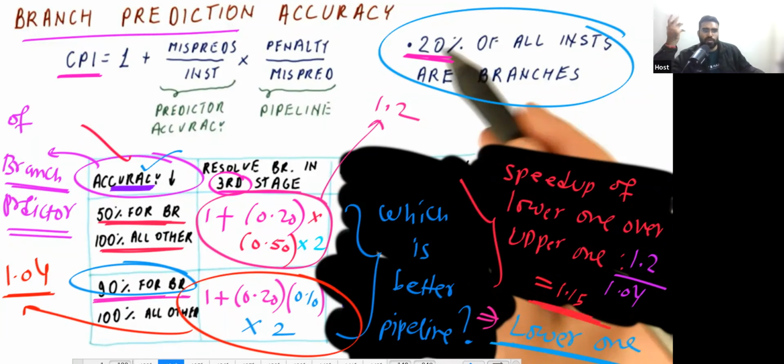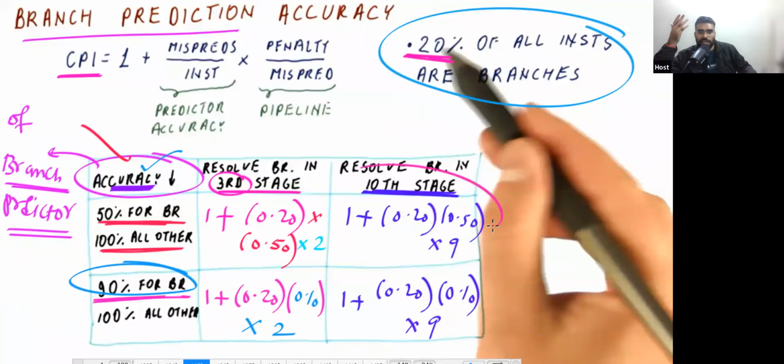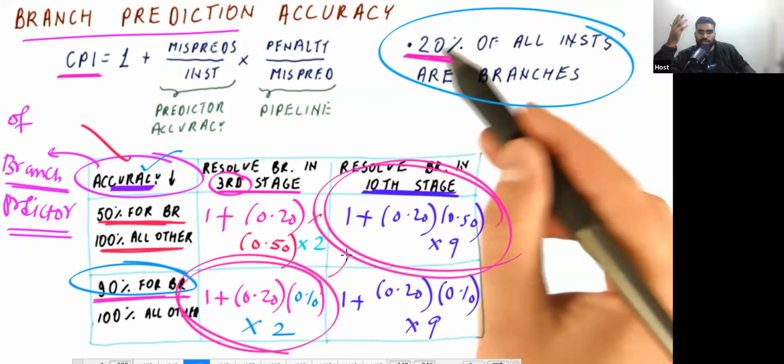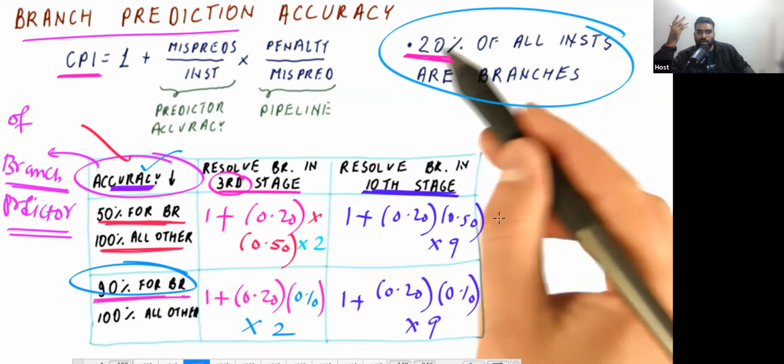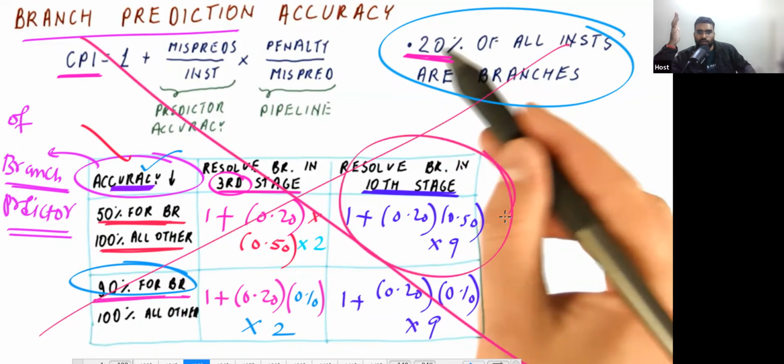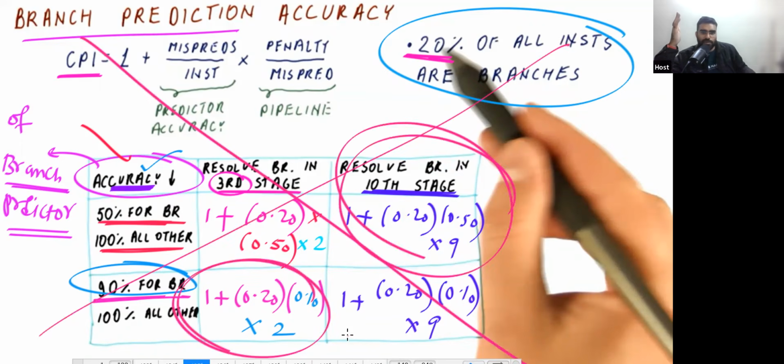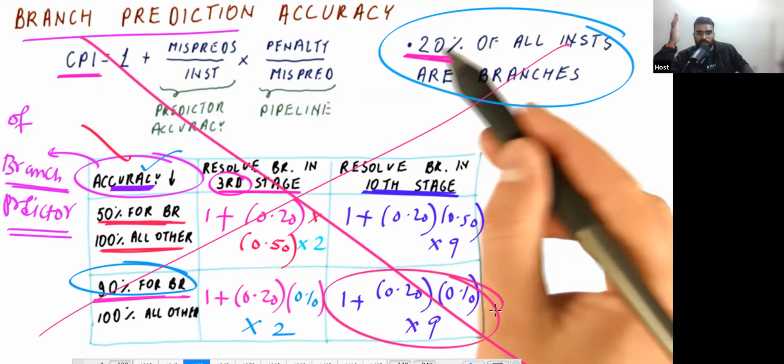So this type of question they can also ask. They can ask you what is the speed up of using this over this. They can ask you anything. Basically, what questions can they ask? If we use this system, or if we use this system and also this system, which system is better? And what is the speed up? This type of question they can ask you. I hope all these points are clear.